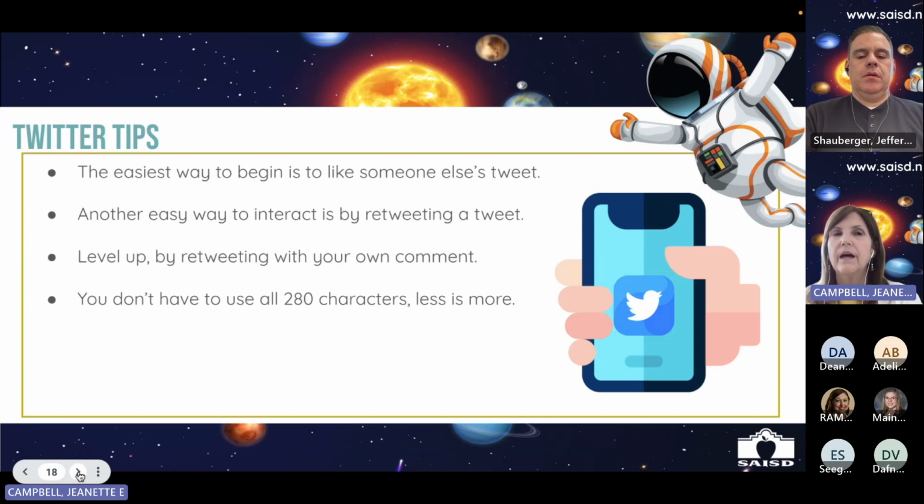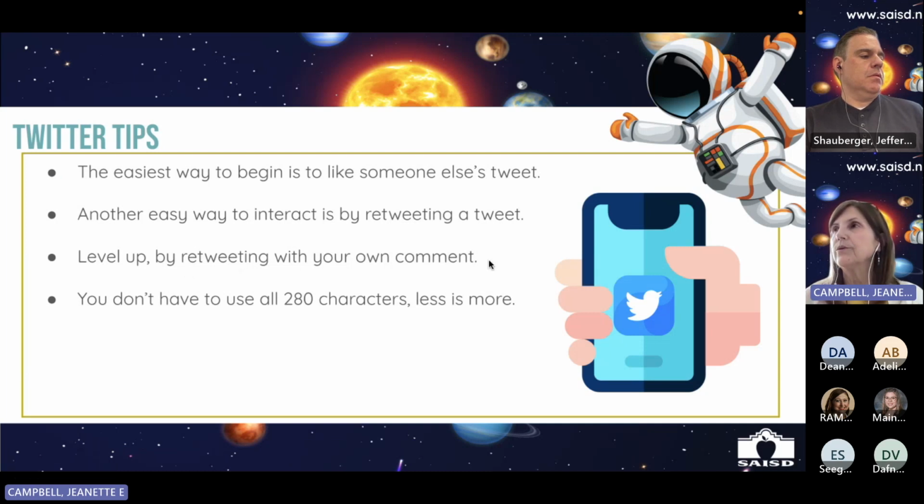So here are the tips. The easiest way to begin is just to like someone's tweet. And we're going to practice in a minute, so be ready. Another way is just by retweeting it. You see it, you retweet it. You don't say anything. Then you do level up. So it's going to take you a while, or maybe not. Maybe you're ready. So leveling up is retweeting with your own comment